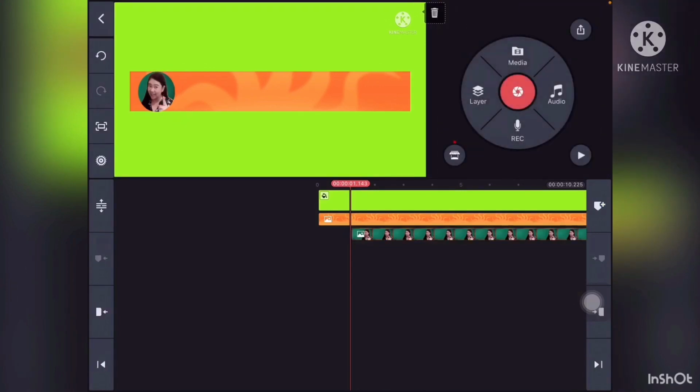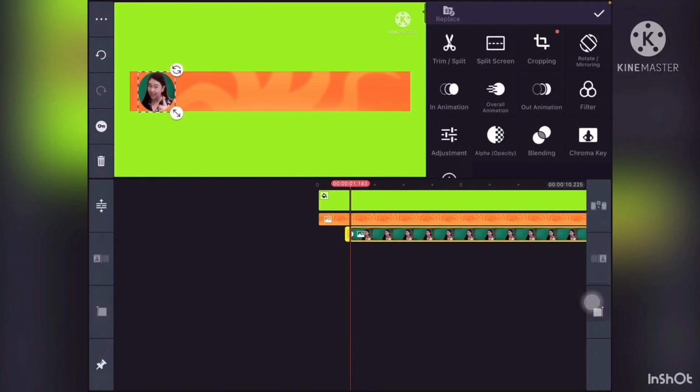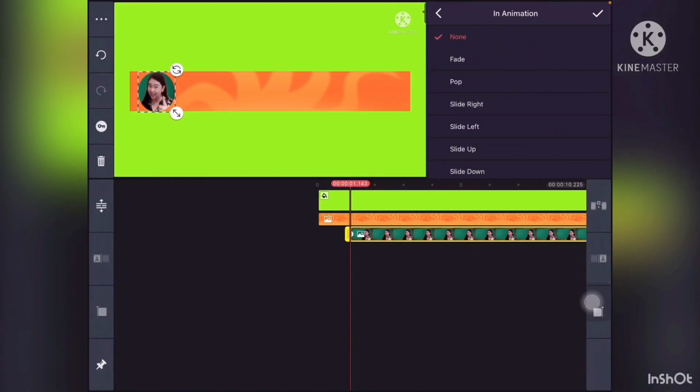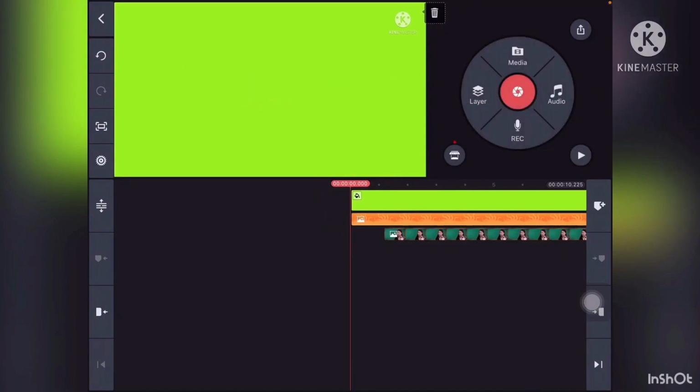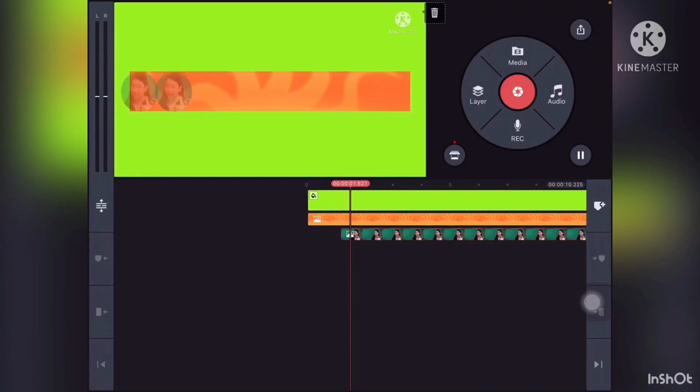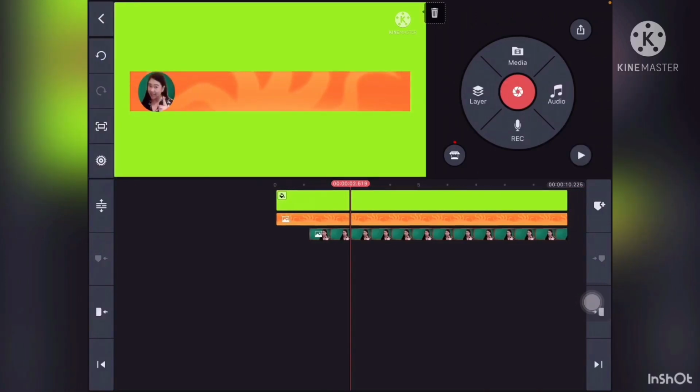Okay, and we need to put animation also. So let's try converge there. Okay, so shall we try it? Okay, so after that, when the photo appears, you pause the video again and click layer, text, and then you